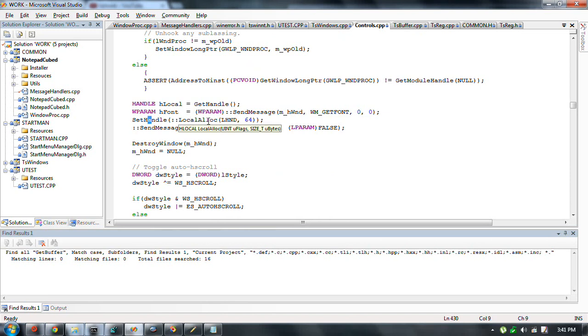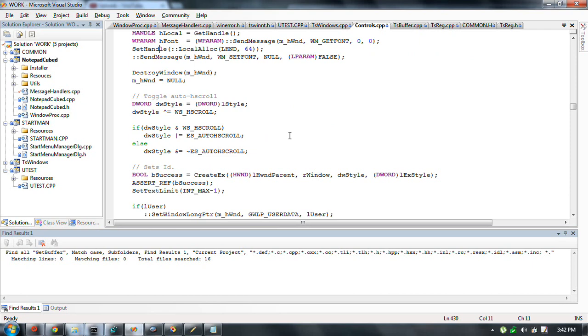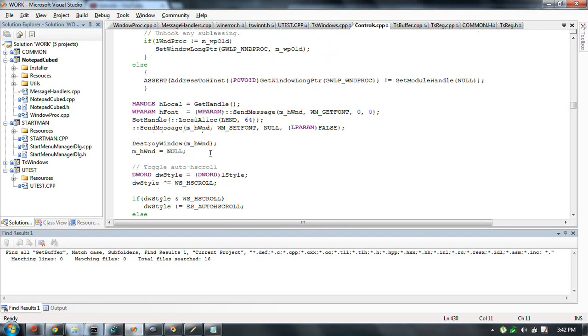Setting a handle is simply a matter of passing a 4-byte piece of data, which is a handle to memory that can generally move around. But when you want to edit it, you have to call lock, do your edit, and then unlock. As with all these types of handle memory things. And like I said, the data in that handle doesn't change, and so you should never use anything but that